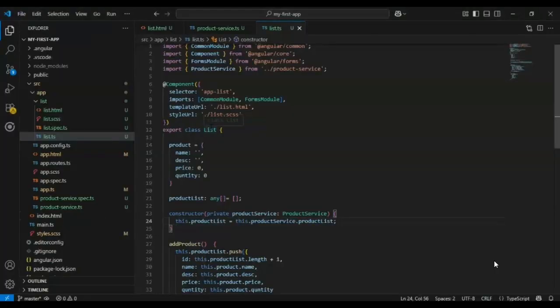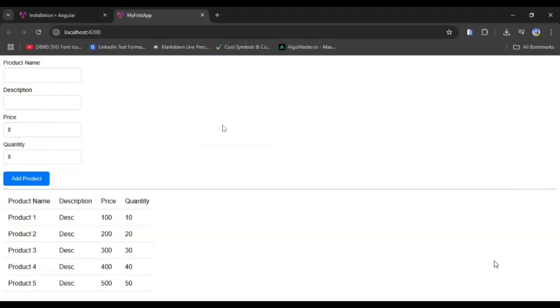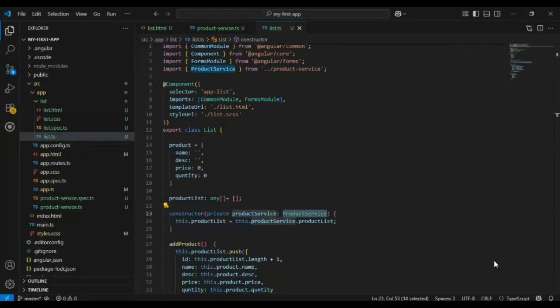So this is how we can use a service in the component. We just need to inject this particular service into this specific component, and whatever data we want to use, we can use that. Okay, so now what we can do is,